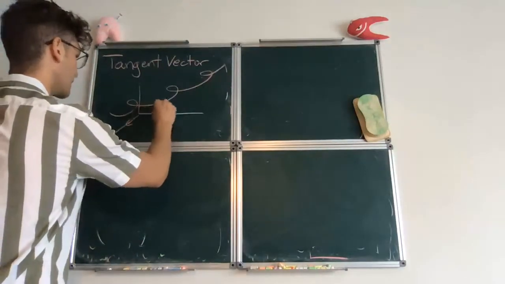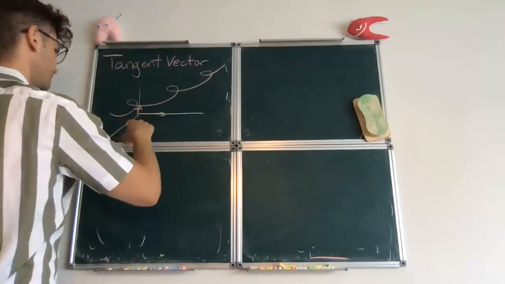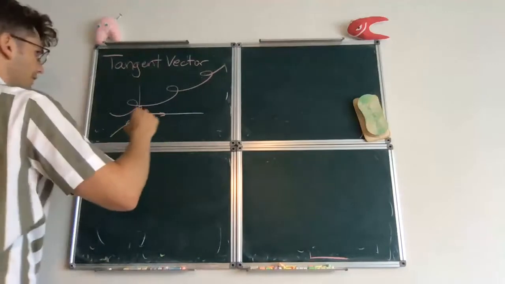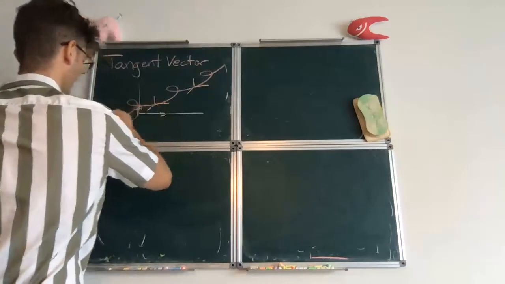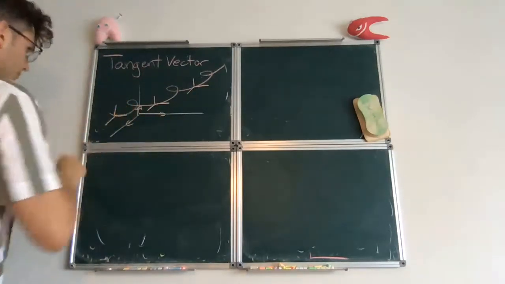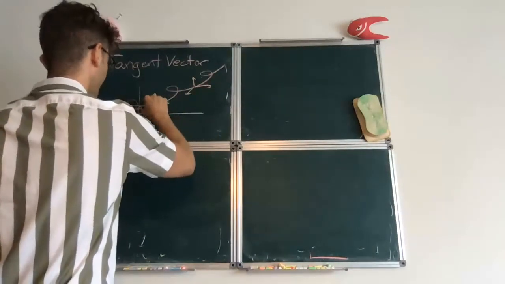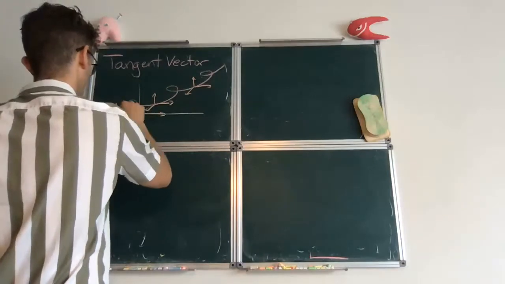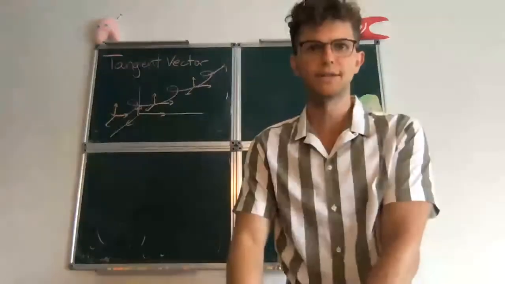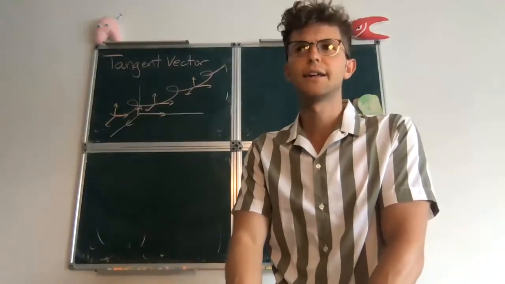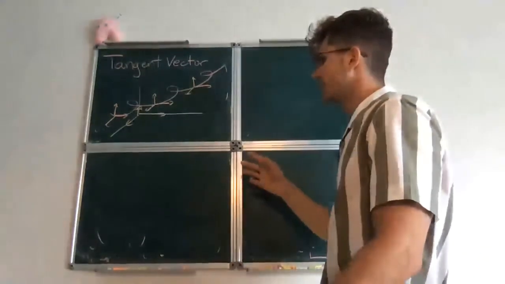Well, there's always the three unit vectors i, j, and k, which I'm drawing here in orange. And you can imagine having a copy of each of these attached to each point on the curve. So there's like a mini coordinate system on each point of the curve. The thing is that in a sense, that coordinate system is not adapted to the curve. So, for example, it's more useful to, instead of using,